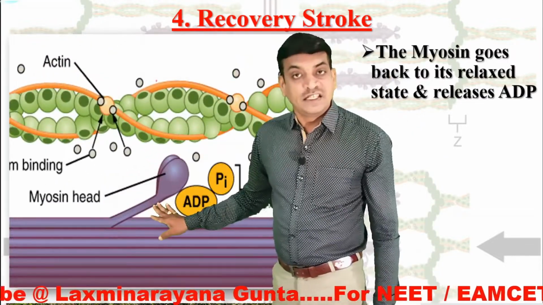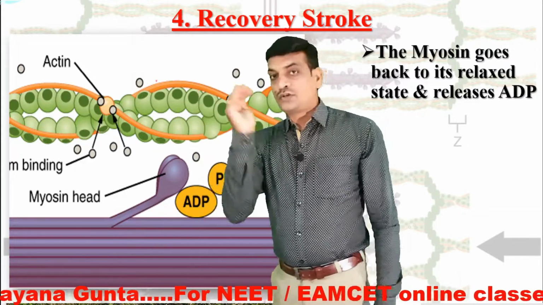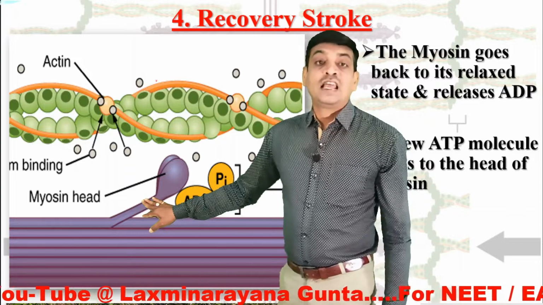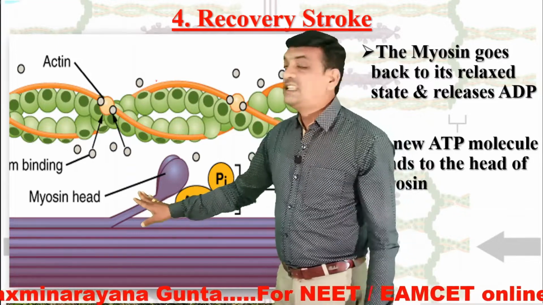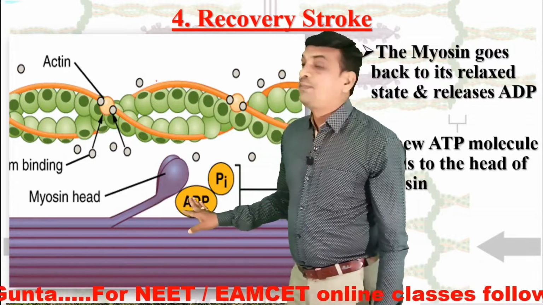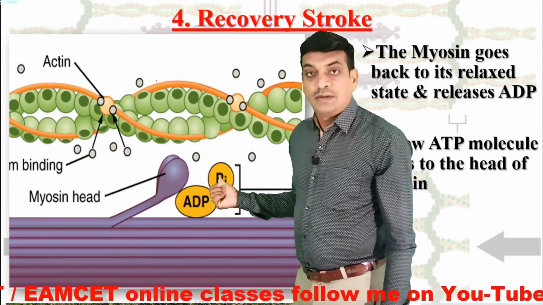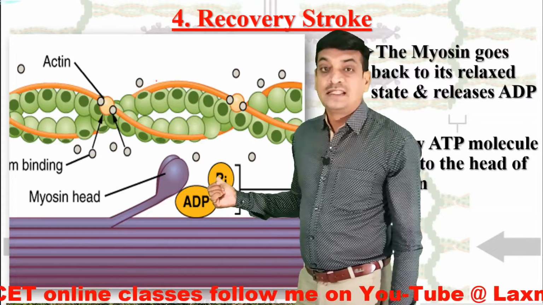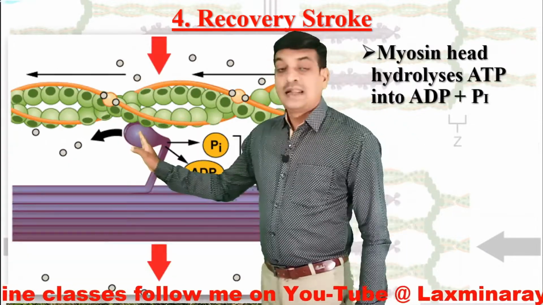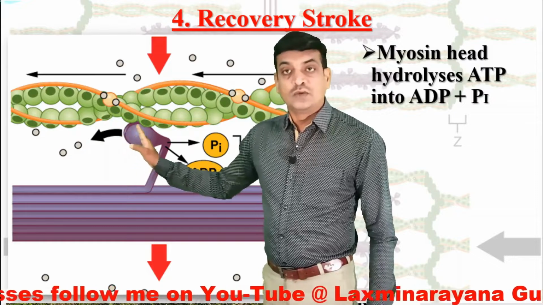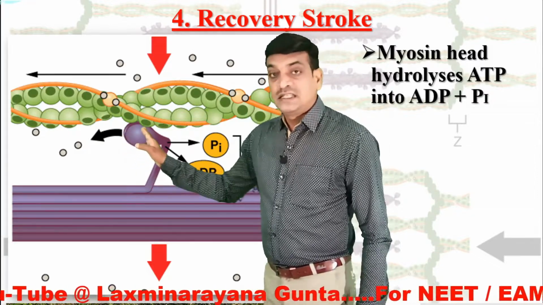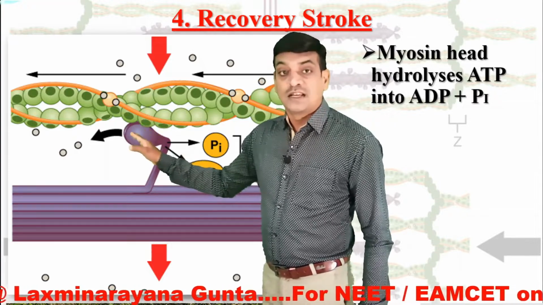As the energy is consumed in the power stroke, the ATP binding site receives another fresh ATP. This fresh ATP is again converted into ADP and inorganic phosphate by the action of an enzyme called ATPase, in the presence of calcium ions. As the ATP is broken into ADP and inorganic phosphate, some amount of energy is released. This chemical energy is converted into mechanical energy.